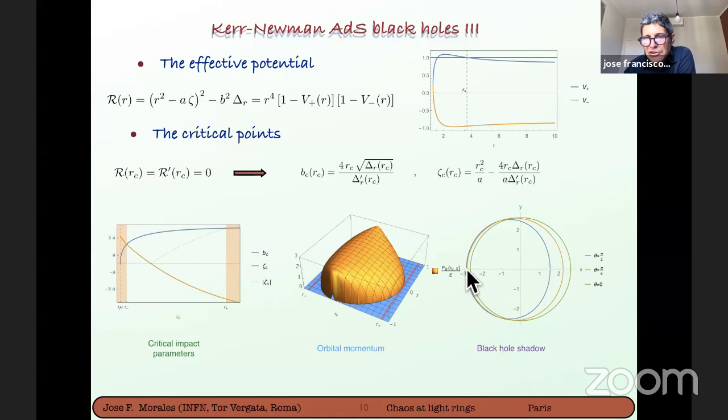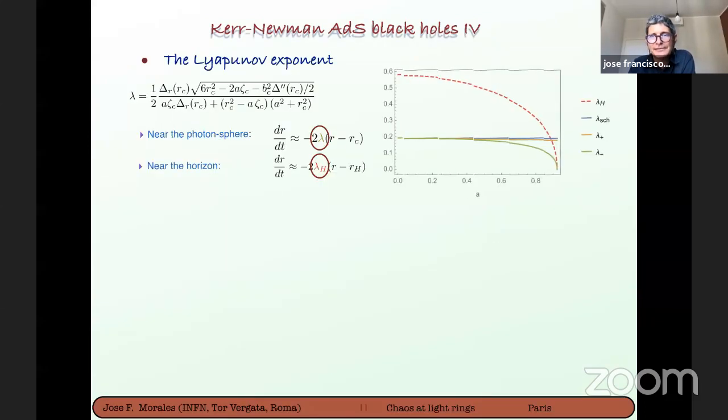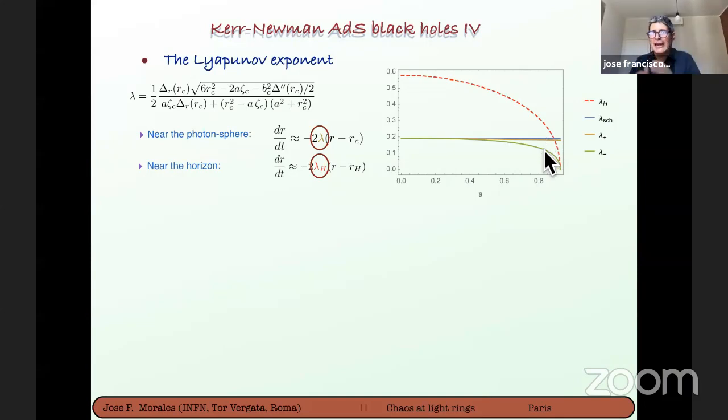You see, the black hole photosphere is not a sphere, it's a squashed sphere. You have a minimal radius and a maximal radius. The critical parameters are different. Here is the minimum and here is the maximum. Therefore, minus and plus refer to the lambda computed here and the lambda computed here. In the middle the computation is more complicated; we can do it just numerically. We can do analytic computations only at the two extremes, the minimum and the maximum value of lambda. Therefore, lambda plus and lambda minus are the maximum and minimum values of lambda.